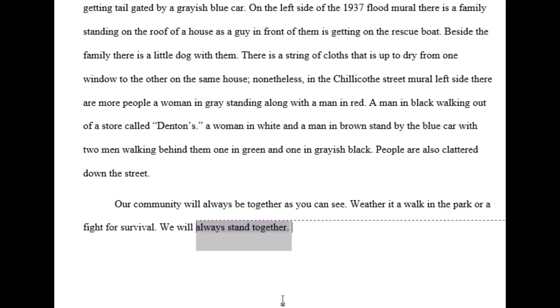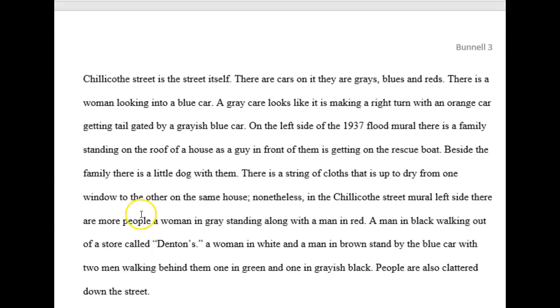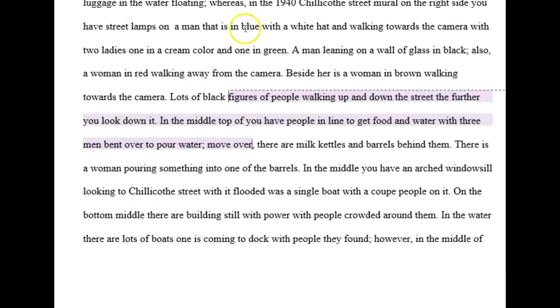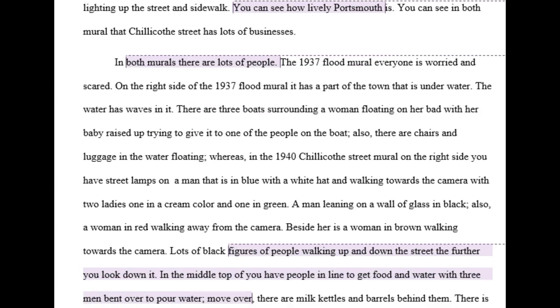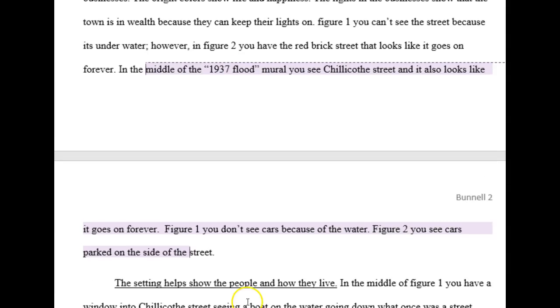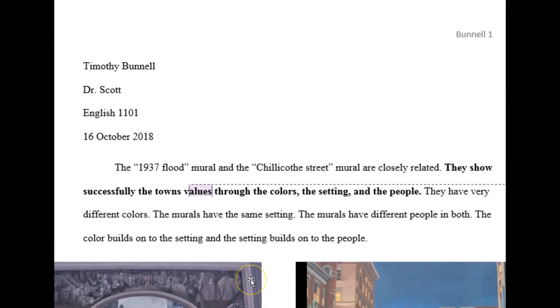So you've got some promise here, but you do have quite a bit of writing and rewriting to do to get yourself to an argument that you can use and support with a lot of awesome description. So you've got some good description here when you're describing people, but we need to get that supporting an argument, and right now it's not really supporting an argument. I think there's also sources that need to be used, and we need to talk about organization at some point, but it's figuring out that overall thesis statement, that overall argument, that is really the next step.